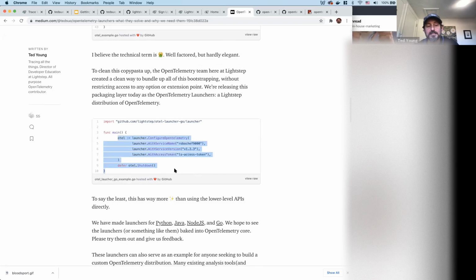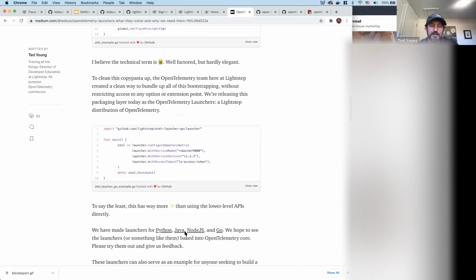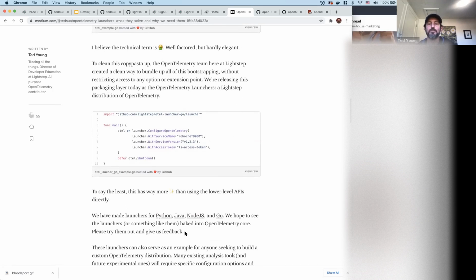But if you did this with the Lightstep launchers, nothing stops you from cracking open the lower level APIs and adding more exporters or mucking about with it, or configuring metrics a certain way. So that's why I say distros are more of just a configuration layer. And so Amazon has basically done the same thing, but they've also included things like a locked down set of plugins that get installed automatically that have gone through their own security procedures and stuff like that.